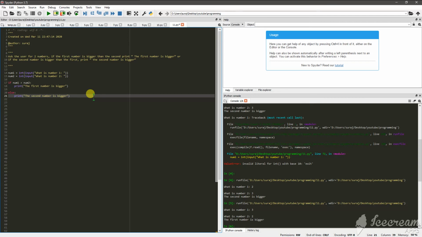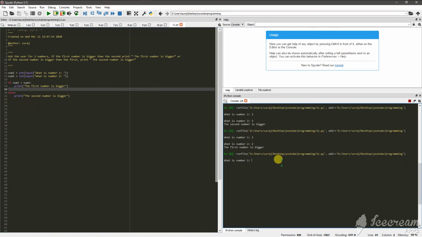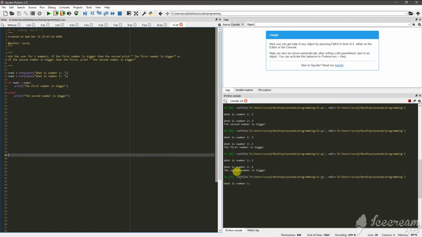Because by default, if the first number is not bigger than the second, it's always true that the second number is bigger than the first. However, if there are 3 cases, we cannot do this, because even if one number is bigger than the other, we don't know whether the other number is bigger than the first itself. So let's run this and check it out. Number 1 is 2, number 2 is 4, the second number is bigger, and then number 1 is 4, number 2 is 1,